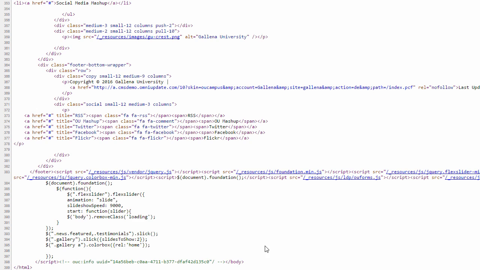Now, there might be a situation where you have a page that you know is managed within the CMS, but it's not showing up as editable from within OU Insights. The solution to that is pretty simple. That just means that the page has not been published since Insights has been activated for your site. The solution is simply to publish that page, or maybe publish that directory or the entire site, up to you.